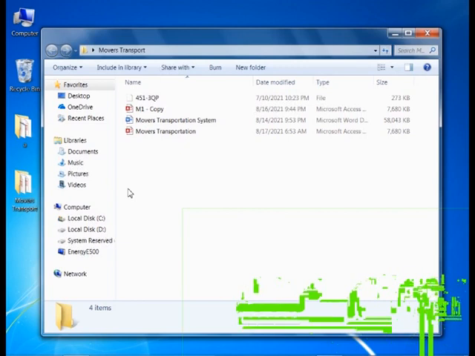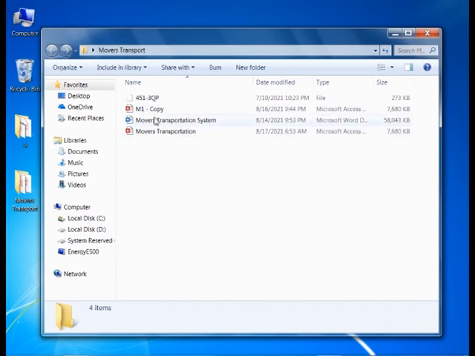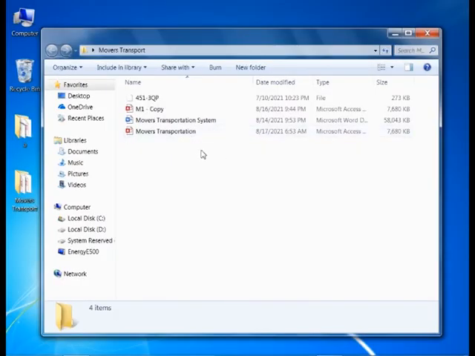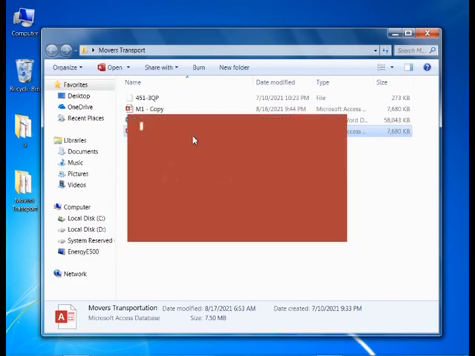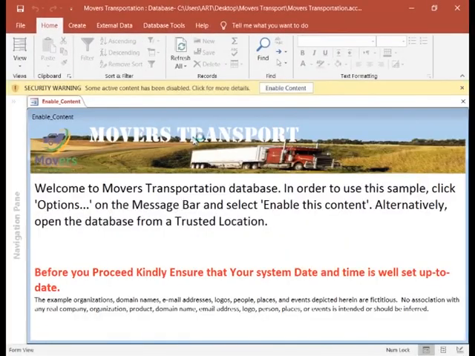So here's the system plus the documentation, complete, full. Here it is. So let's go through the system. Once you launch the system for the first time,